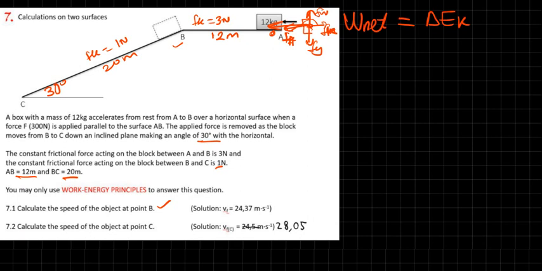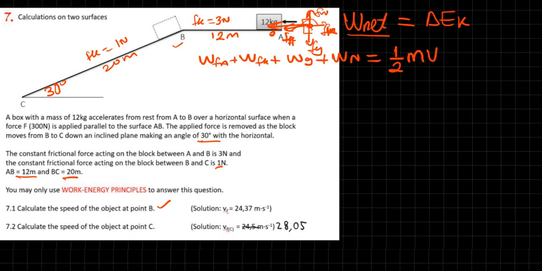Now we're going to expand the net work. The net work is the work done by the applied force plus the work done by the friction plus the work done by gravity plus the work done by the normal force, is equal to the change in kinetic energy,